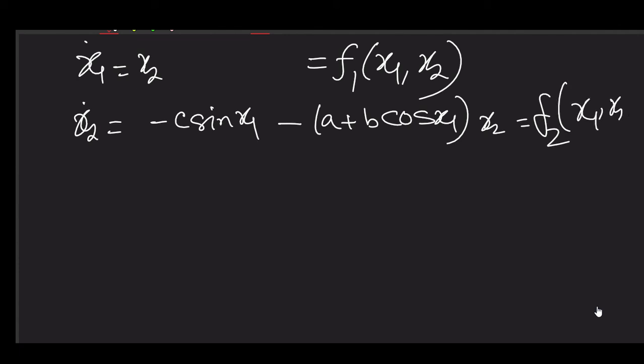Fine. Now, suppose our nominal model is something like this, that we are in a mood to simplify to a great extent. Then your nominal model will become